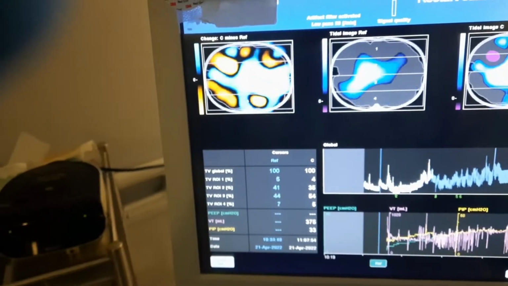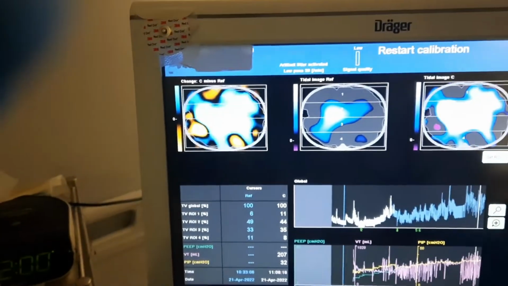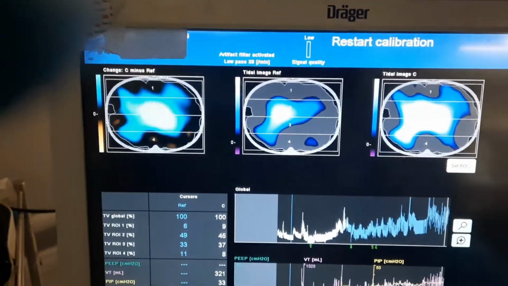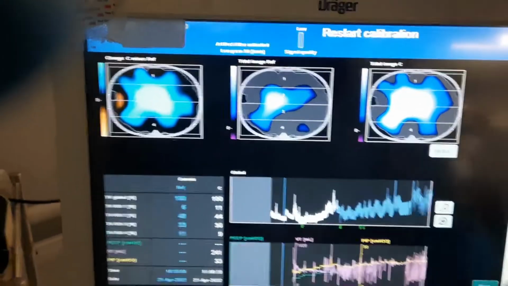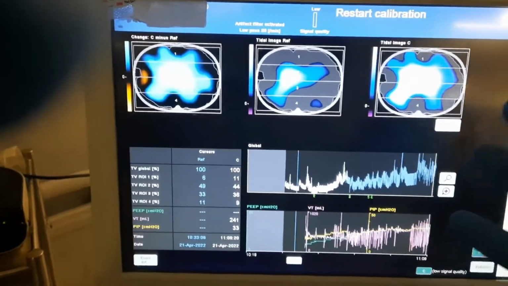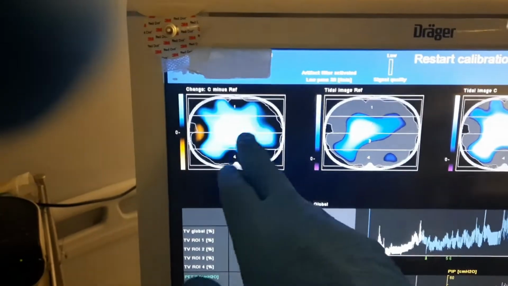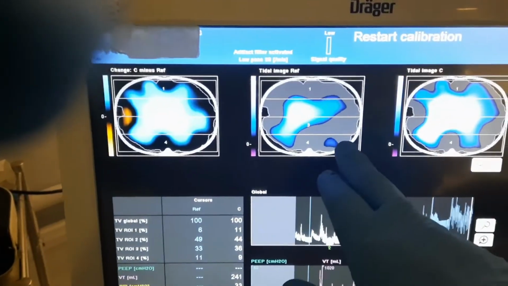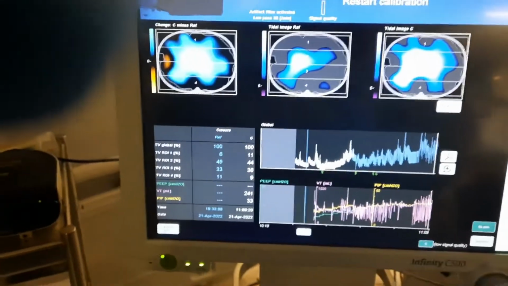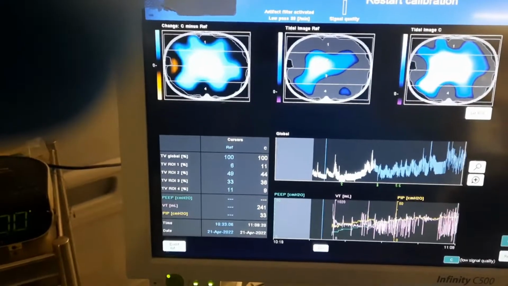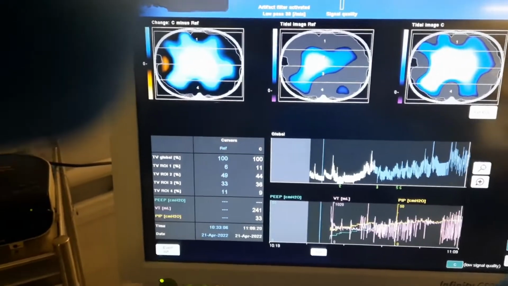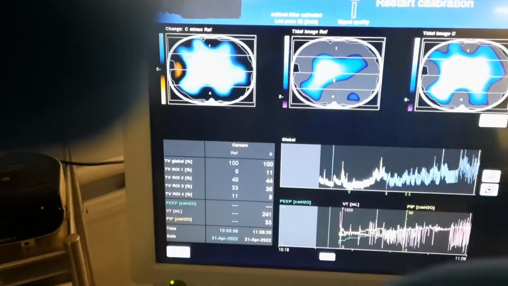This goes over here. This was when they were on OptiFlow. We can kind of look at here. I'm scrolling. So this is at a P high of 30, so we're going to recruit. So we see that the lung that was previously closed over here has opened up with APRV. We were using a peak pressure of 26 because we had PEEP of 6 and PEEP of 20 and a